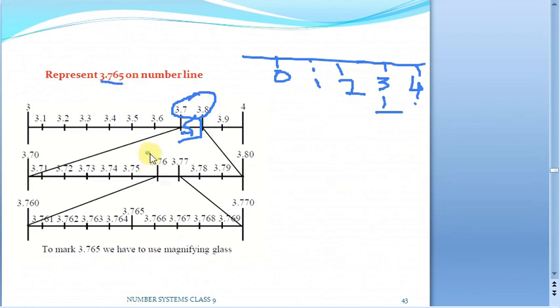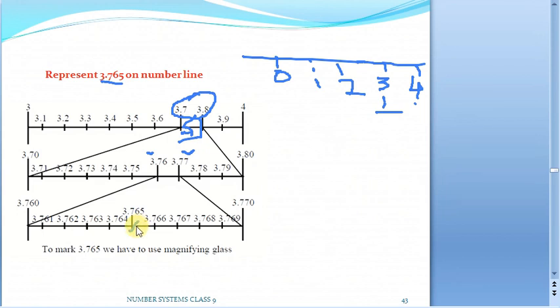So take a look at this particular 3.76, 3.77. Why? Because our number is 3.76 and something. So it will for sure be lying between 3.76 and 3.77. Actually zooming in this region, we can again have 3.76 at one end and 3.770 at the other end, and divide accordingly into 10 equal divisions. Now we will be finding 3.761, 762, 763, 764, and we want 3.765. So this is our required number.